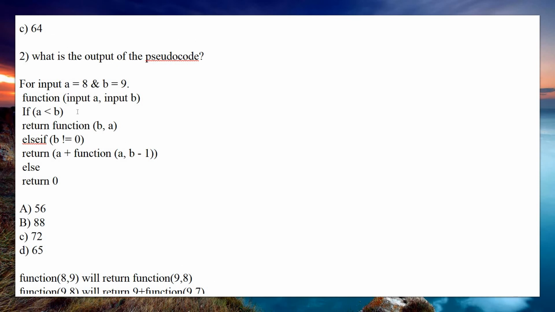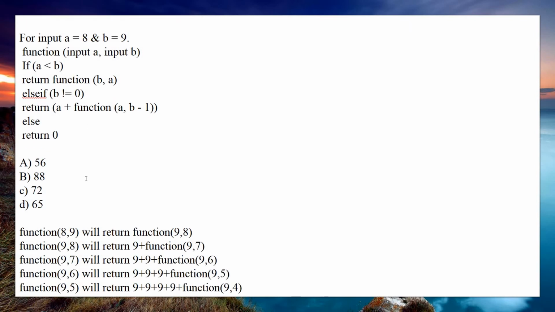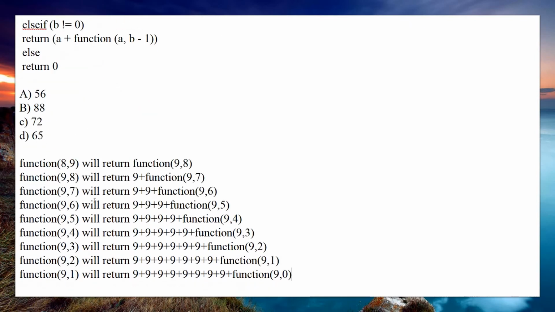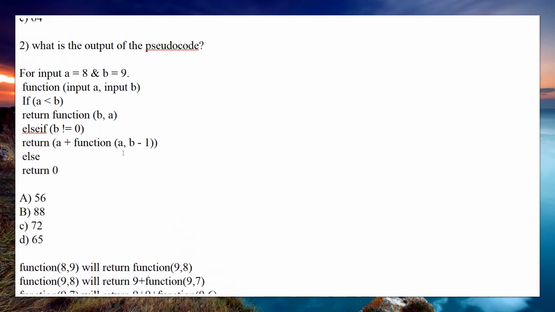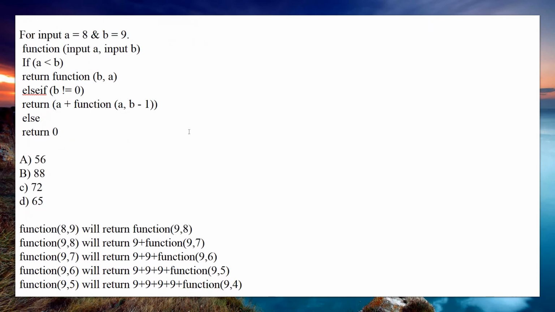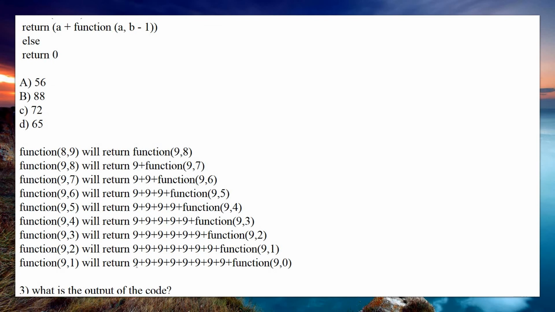Whether 9 is less than 0, the condition is false. Whether 0 is not equal to 0, the condition becomes false because 0 is equal to 0. So it will come to the next part, and here it should display the value of this. What will it return? It will return 9 plus 9 plus 9, that is 7